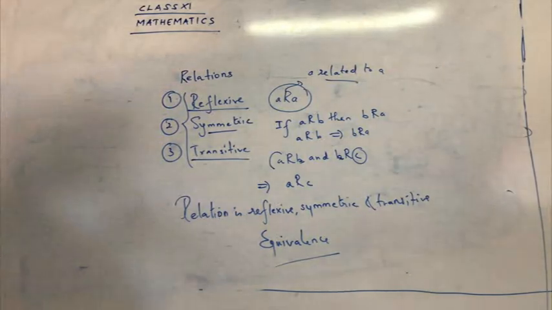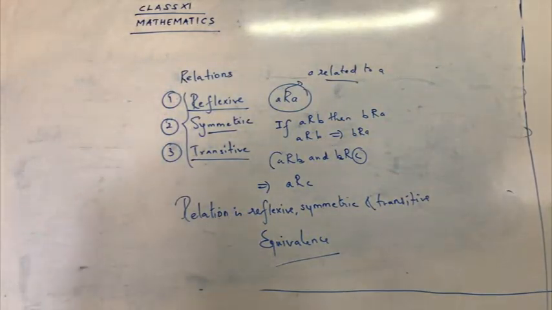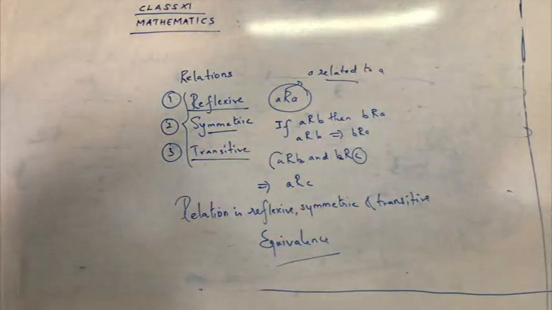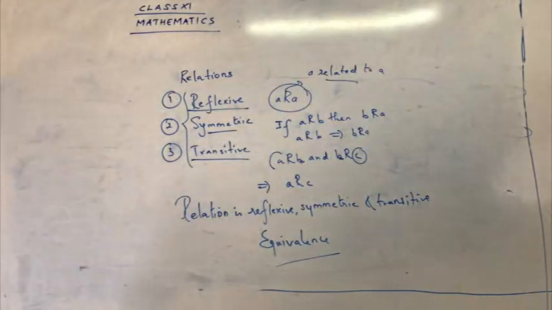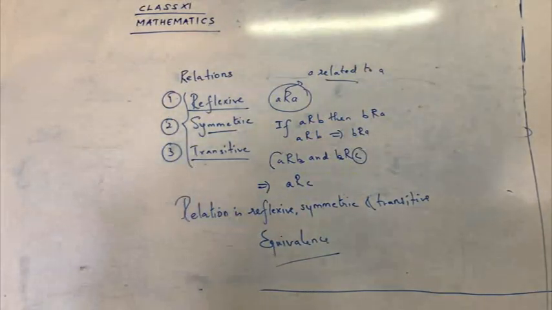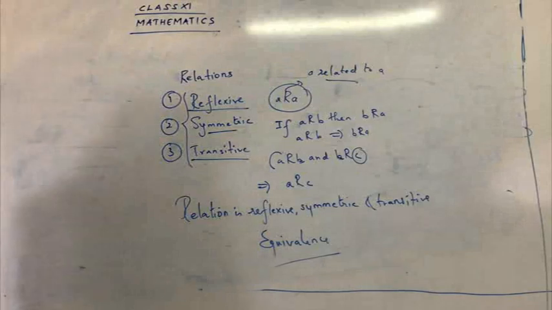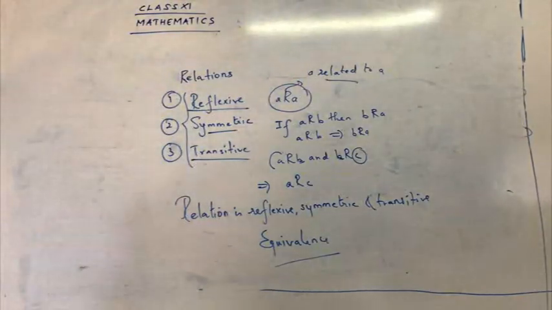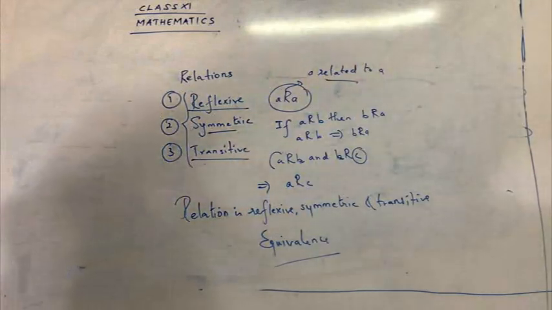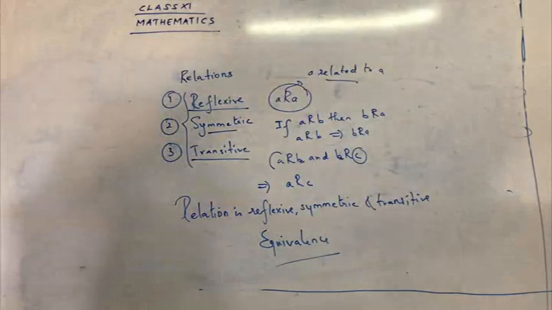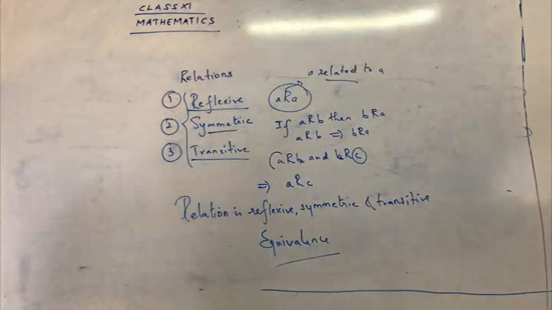So let's continue with our sum number 5. Take down your classwork, write exercise 1.2, or you can just continue, no problem. Already you have that exercise 1.2, yes? So just write sum number 5. On the set of natural numbers, the relation is defined by x related to y if x plus 2y is equal to 1. Take down the question.